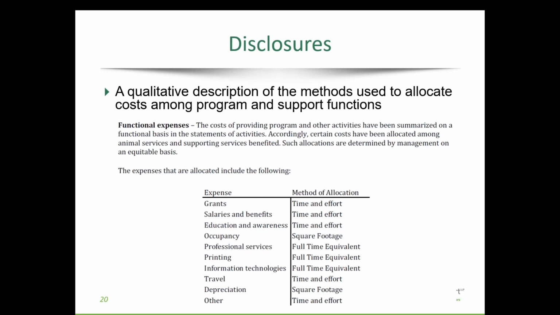And this is one area where you may need to beef up and reevaluate the allocation methods, as well as get other departments involved to determine what the best method of allocation is. And for those of you that are audited, from an auditor's perspective, you will probably get more questions about allocation methods. There's no right or wrong answer, and what I've typically said is that as long as there's a documented, rational, or reasonable response, it's typically fine.